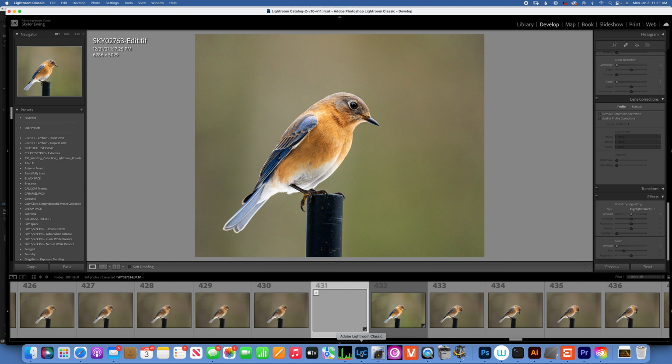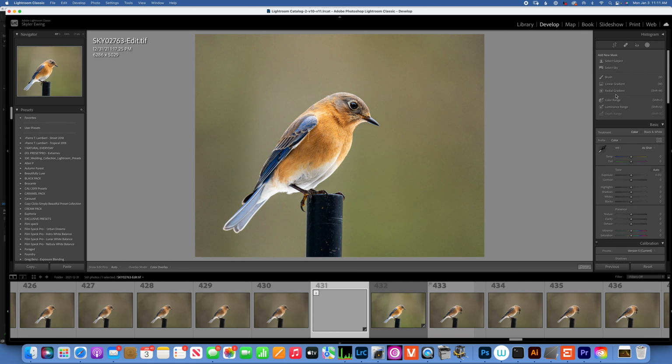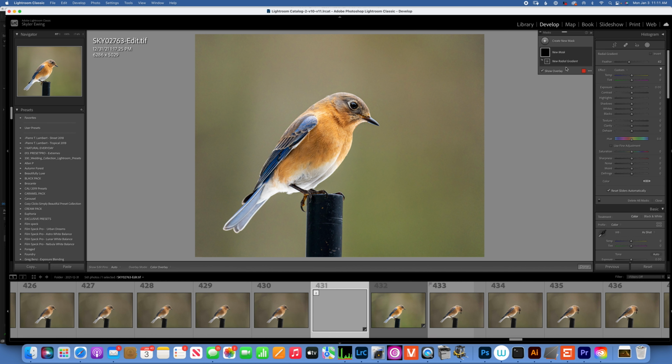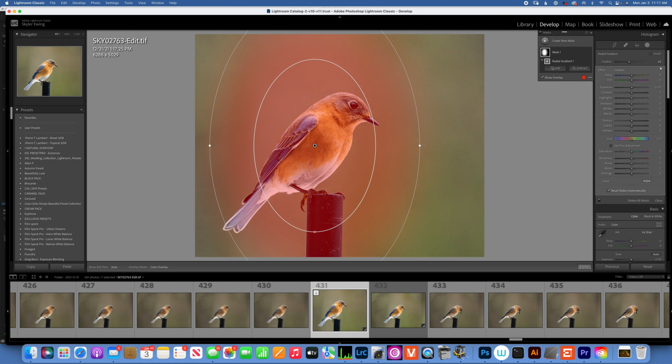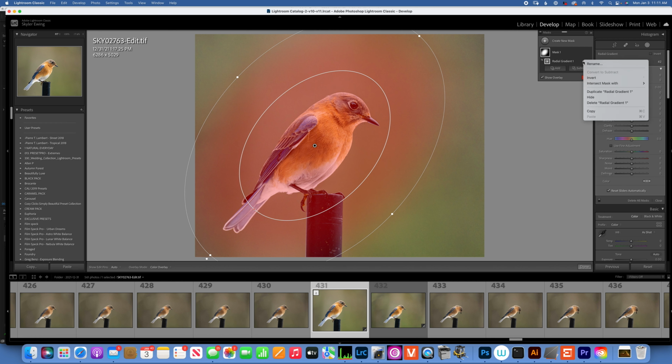And with this, I will apply a radial gradient. And I'm going to drag that over the bird. I'm going to angle it the way the bird goes. And then I'm going to invert it